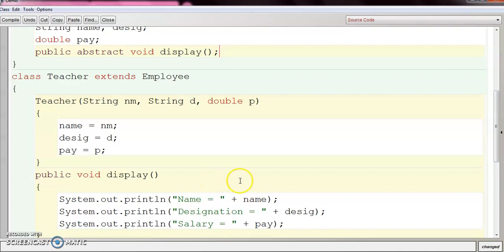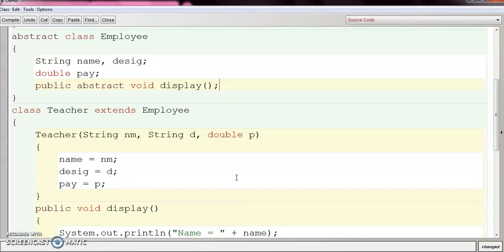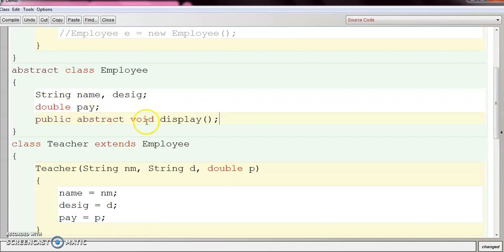If you forget to implement the method, you would have a hierarchy of abstract classes that cannot be instantiated. Why? Because an abstract class may or may not have abstract methods, meaning this class can contain a normal, general method. But if a class has at least one abstract method, then the class must be declared abstract.